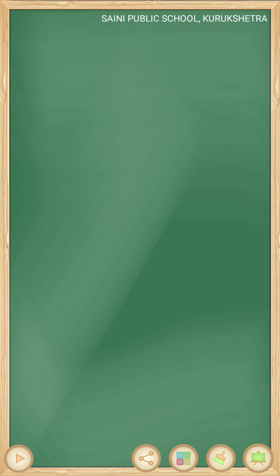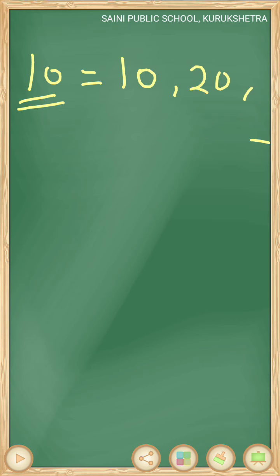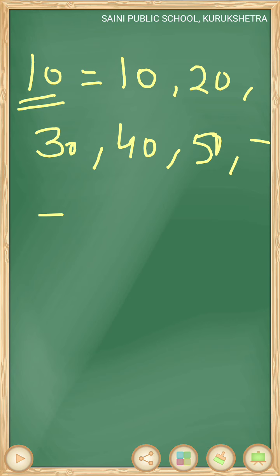Okay. And now, 0 is a multiple of every non-zero number, so we will start writing multiples from that number. Suppose we want to write multiples of 10. We will write the multiples directly. We will start with 10. We will not write 0. We will start with 10, then 20, 30, 40, 50 and so on. These all are multiples of 10. In this way we can write multiples of 10 by multiplying the number with any number.